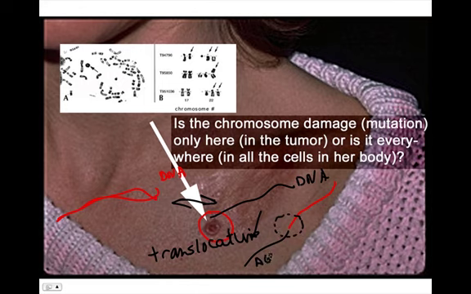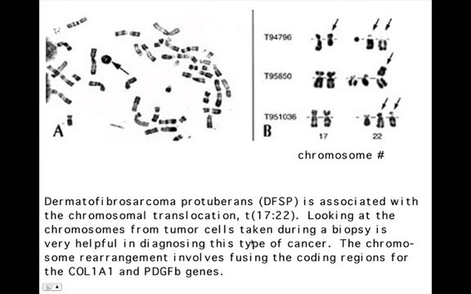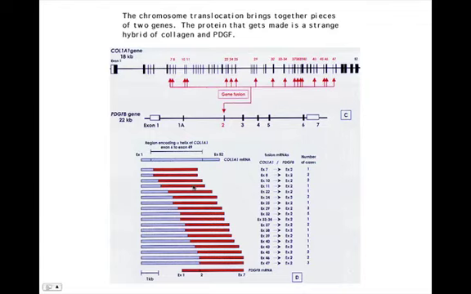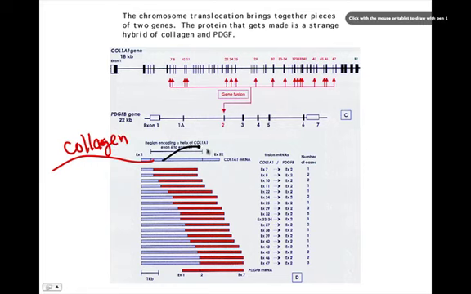letters, the AGCT code, and you can zoom in on the details, like which page in the book was torn and glued together with another page. And scientists know a lot about that. In her case, they know that there was one part of a collagen gene joined together with the PDGF gene. And we can talk right now about what's going on here.